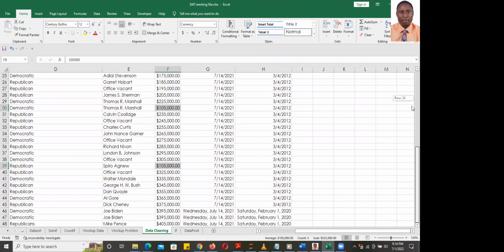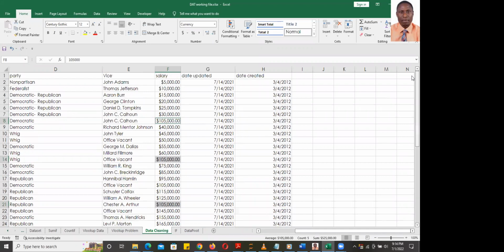You can see that it has filled all of them. If it is 10,000 rows, it will fill it in less than 5 seconds. That's how to resolve that. Now,